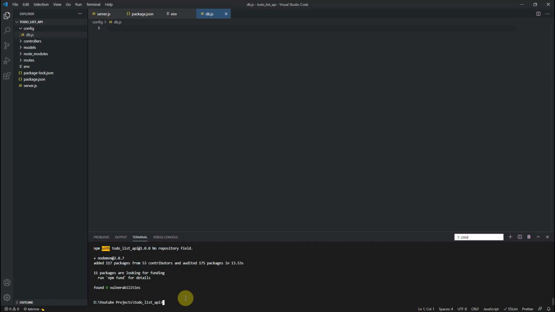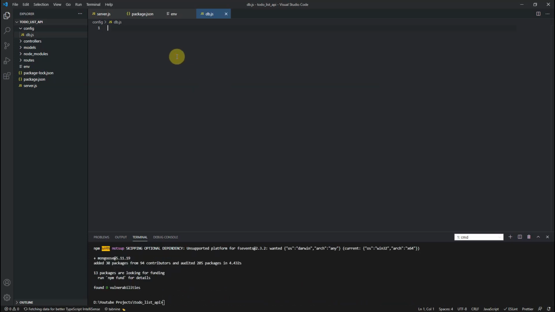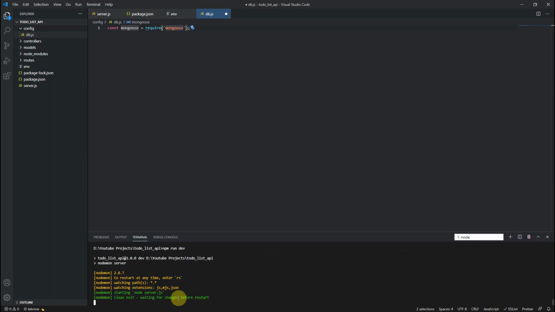If you need to create, update, or delete anything, you need the Mongoose package for those things. In the to-do list API, run npm i mongoose, a very popular package. So we need to bring in mongoose. Now again I am starting the server.